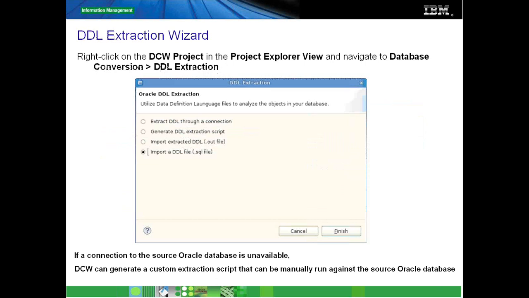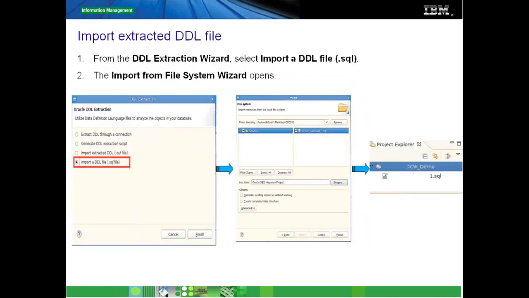Now, once you have chosen the source and target, the next step is to obviously extract the DDL for the various database objects, including UDFs, triggers, and functions from the Oracle database. So if you have Oracle connectivity from where the tool is being used, you can connect to the Oracle database and import the DDL. If you do not, then you can have that separately extracted and present it to DCW as a flat file or a .sql file. So you can use either of the options, and you can use this import DDL extraction wizard, and you can just import the DDL file, which will be then consumed by the evaluation engine, right?